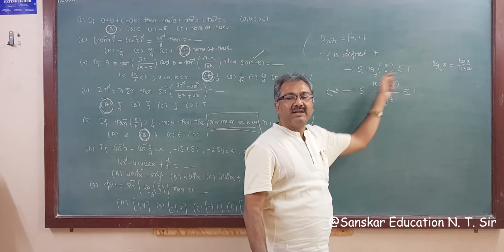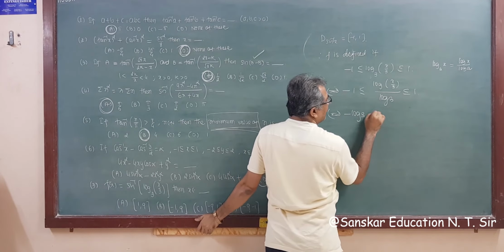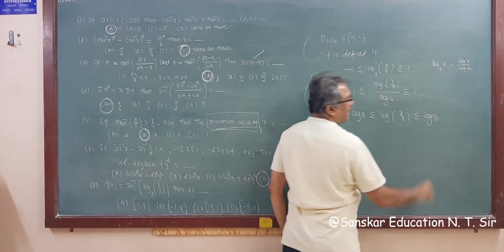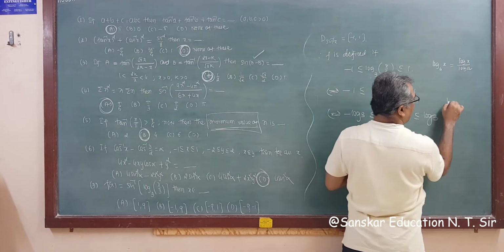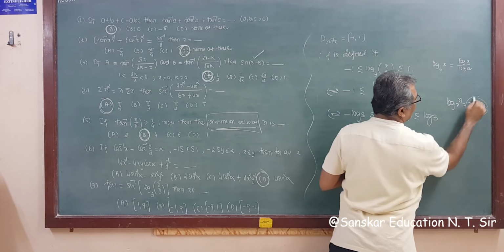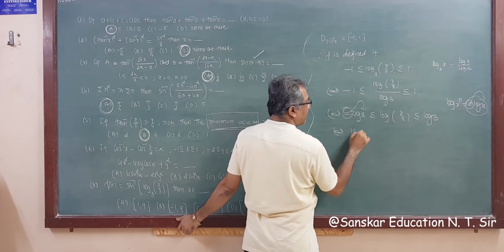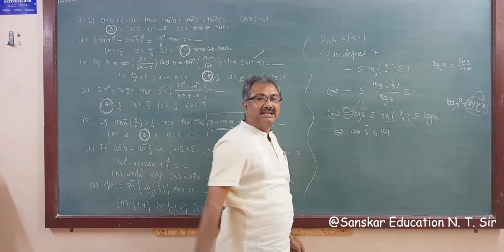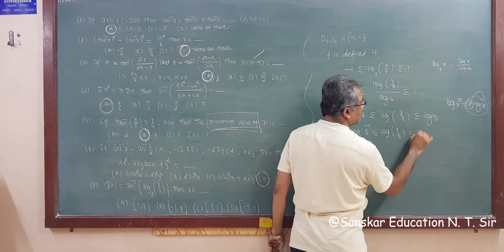Now our target is to find the value of x. That means we have to multiply the inequality by log 3. So minus log 3 is less than or equal to log x by 3, which is less than or equal to log 3. Now we have one formula for log, the power rule: log of x raised to n is n times log x. So n times log x, this comes to the power, that is 3 raised to minus 1. So this is log of 3 raised to minus 1 is less than or equal to log of x by 3, which is less than or equal to log 3.